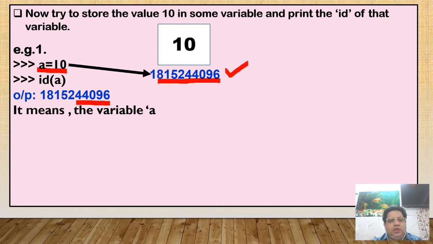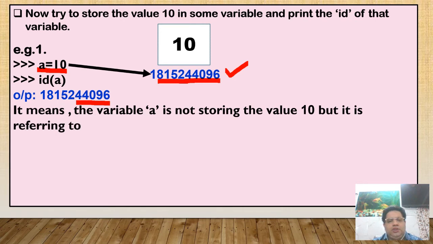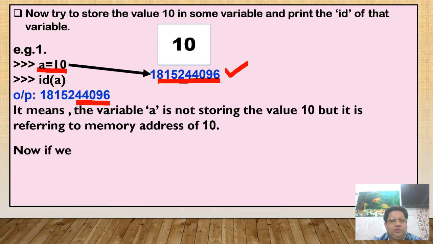It means the variable a is not storing the value 10, but it is referring to the memory address of 10. Is that clear? Now if we write b equal to 10, what will happen? Again b is not storing 10. b will also point to the address of 10.